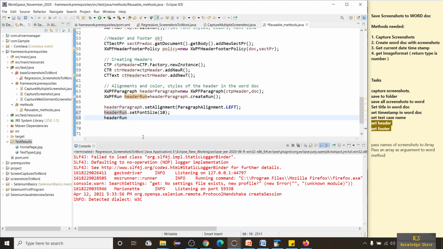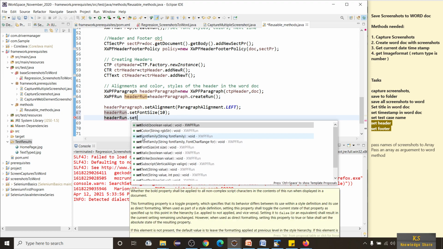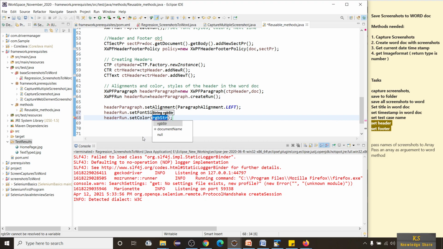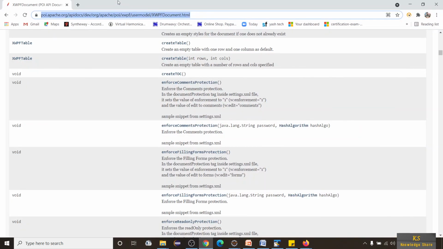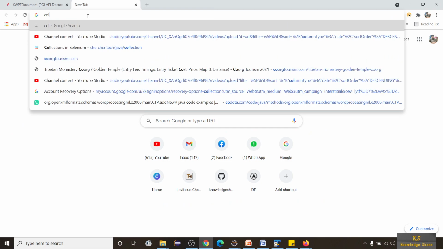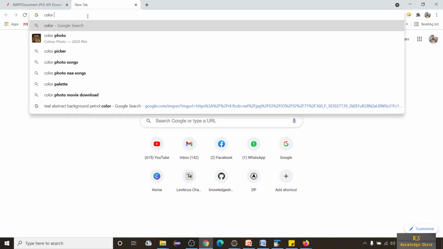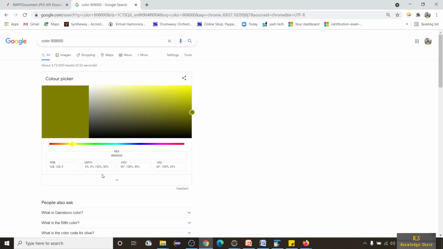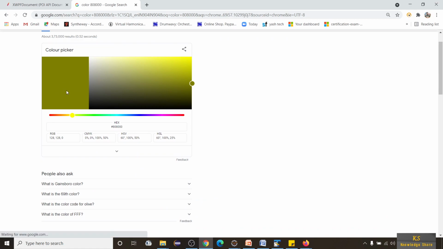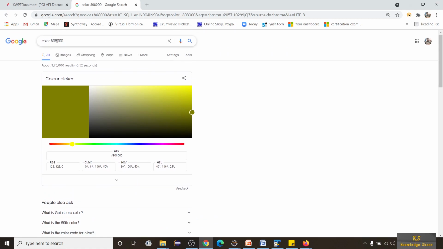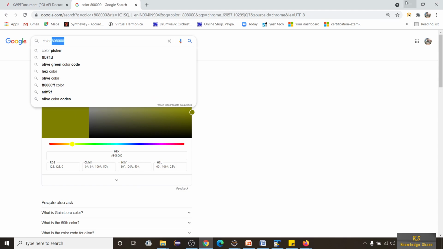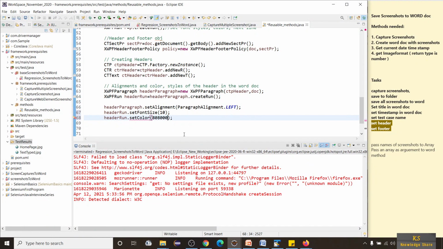So headerRun.setColor of, I already have one color, so let me show you that color. Yeah, I have previously noted this color, so this is the color I am going to take, 808000. This is a string actually, so pass it as a string.